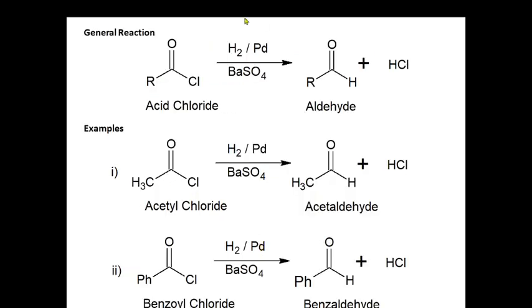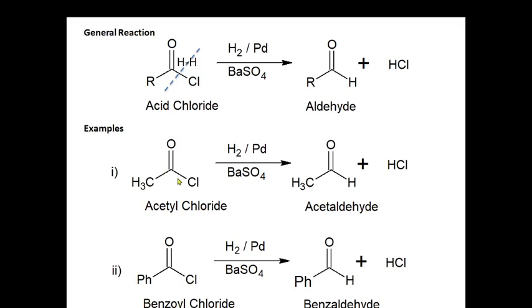Let's see the general reaction of Rosenmund reduction. We have taken here acid chloride and it is reacted with hydrogen, as it is a reduction, in presence of palladium barium sulfate. The hydrogen will react with this and it breaks this COCl bond. So H will join to carbonyl and another H will form a side product HCl. So you are getting an aldehyde here. In this way you can easily get the aldehydes from acid chloride.